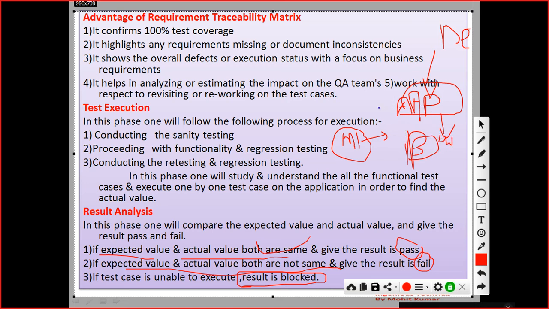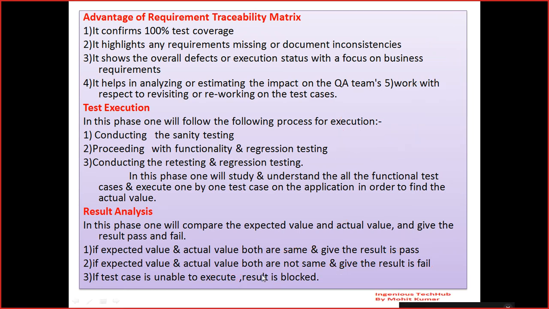So I don't have test data, then how do I test this application? This is my blocked case, so the status is blocked. I have just given one example. Your scrum master will ask why your user story is blocked, and then you have to give the reason why it is blocked. But in the coming release I have to create the data and work on it. So that is called your blocked status.